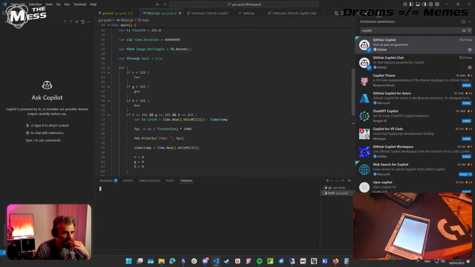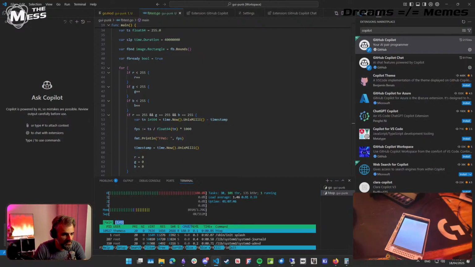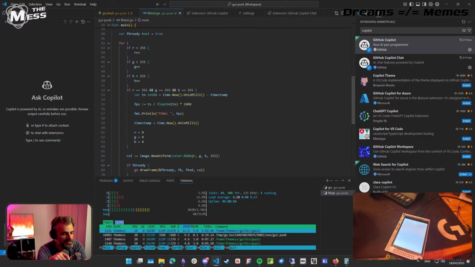So let's start up another terminal just out of interest, and let's go htop and let's see how wild. Yeah, 14% CPU to render at 25 frames a second. I mean, the thing is, this